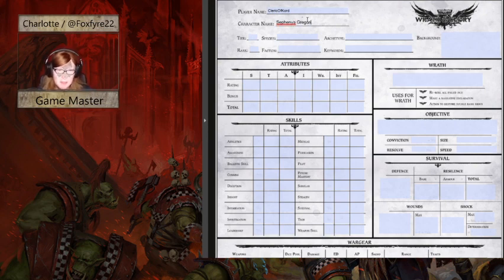Gory. She is tier 2. She is a human. A sister of battle. Rank 1. Adepta Sororitas. And we'll hold off on the keywords just for now. Just have to scroll through some of the faction information here. Okay, so